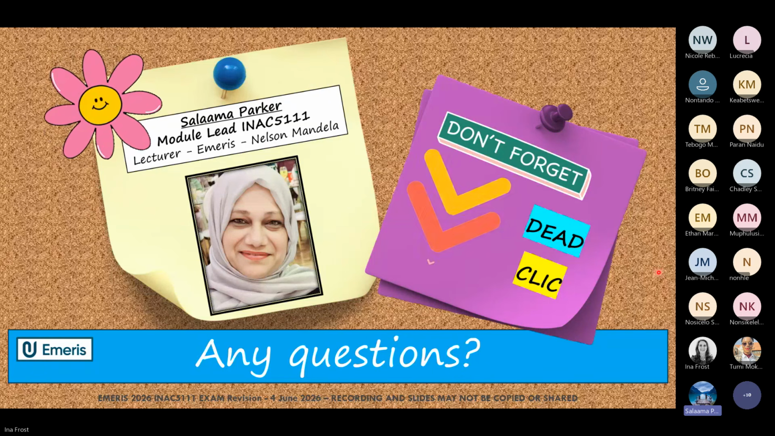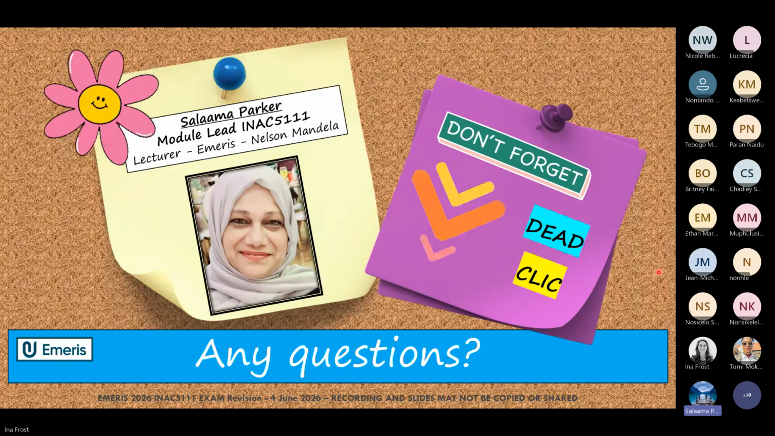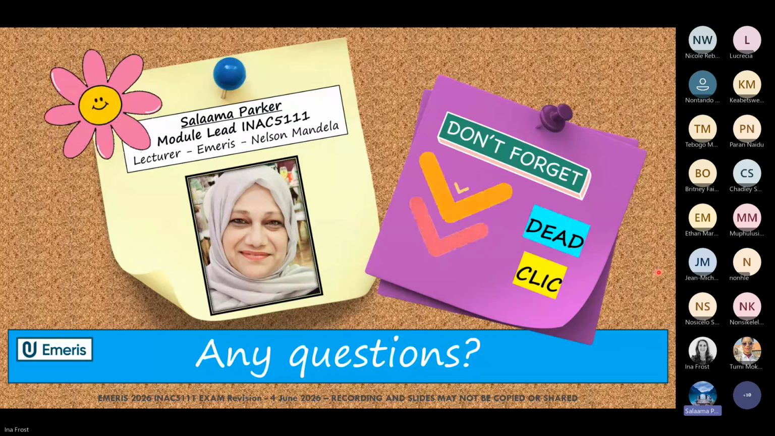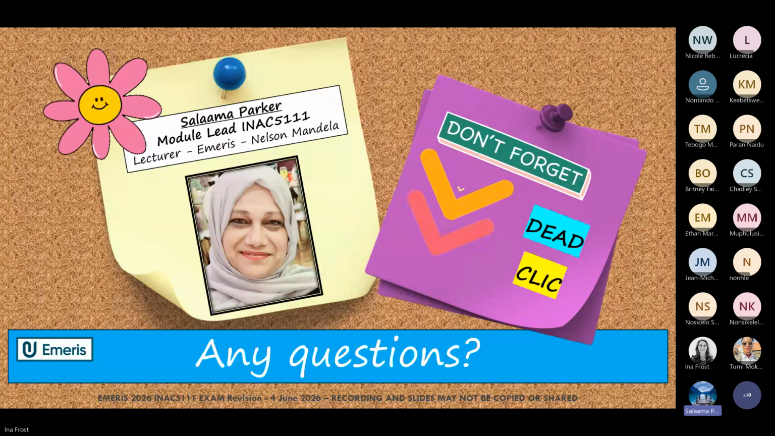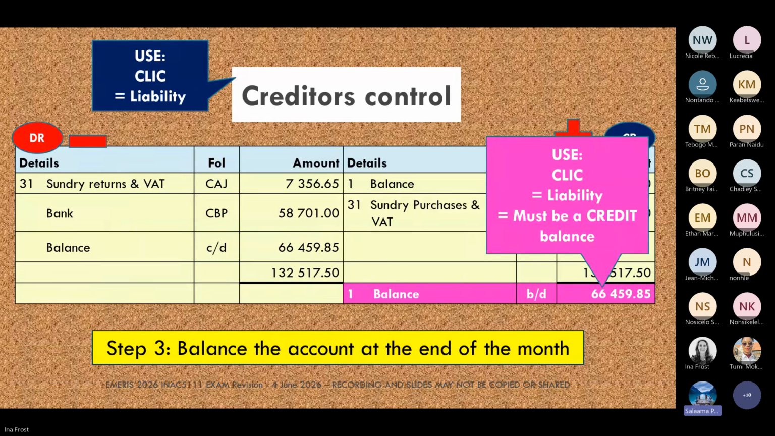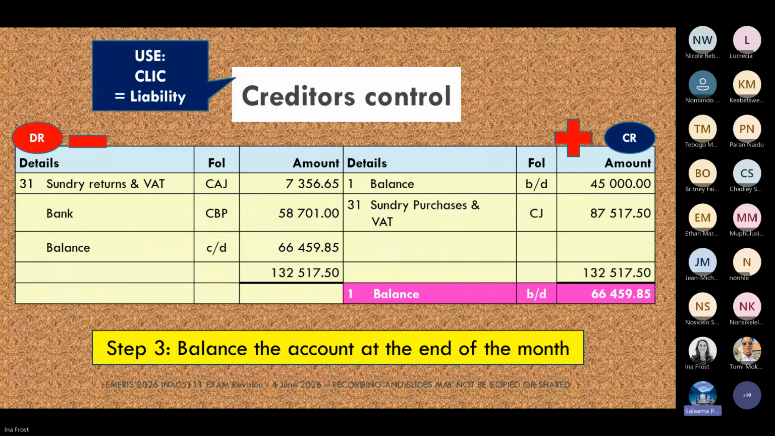But very important again, students, when we are posting, a tip that I would give you, Ina, is you could just go back to your previous slide, is to actually write your DEAD CLICK rules. And if you know it's a liability account, then you put your plus on the credit side and your minus on the debit side. And very important for you again to understand the transaction and the impact that is having on this account and what you are